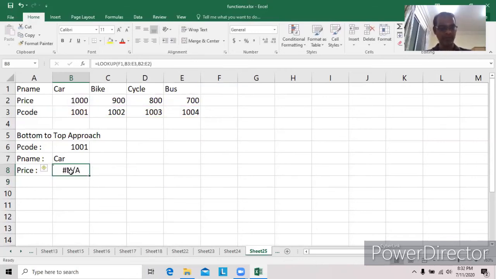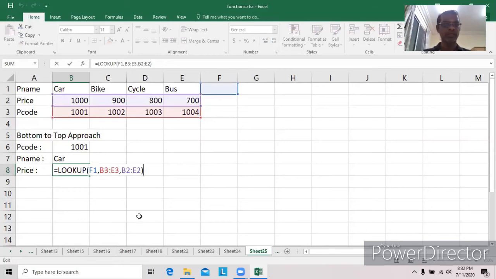If some error comes, you can write the lookup value, B3 colon E3, B2 colon E2. Sorry, it's not F1, the lookup value should be B6.